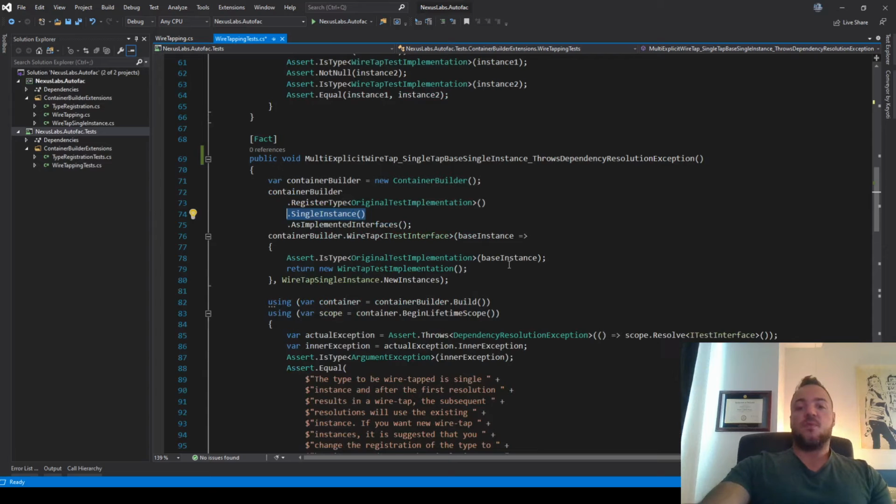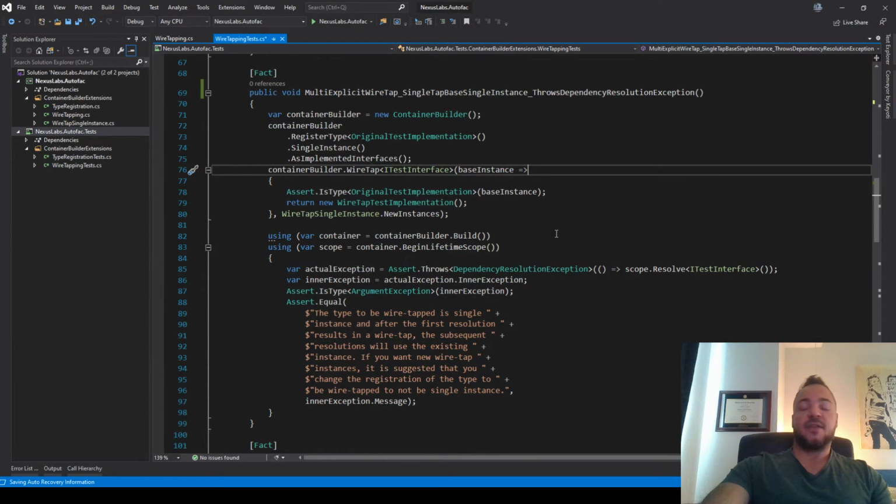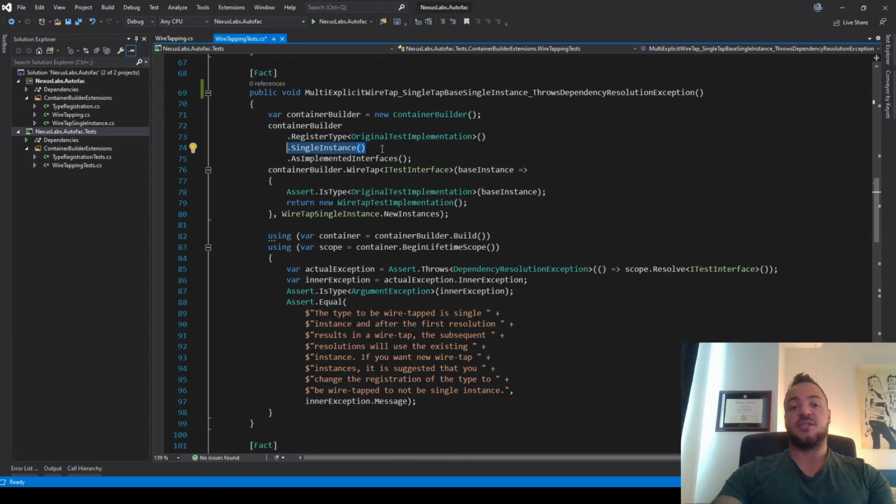So what I found was that based on how I made my function, it turns out that the wiretapping mechanism never executes a second time if this is marked as single instance.